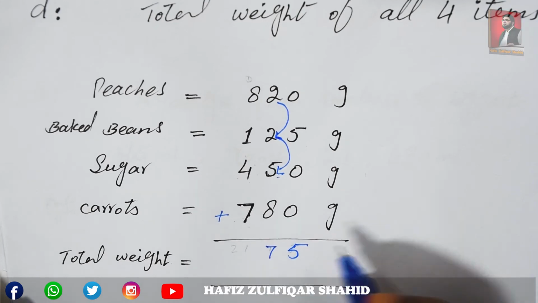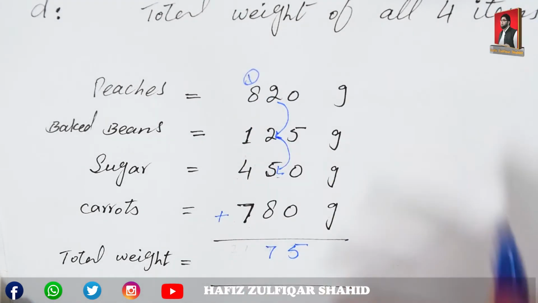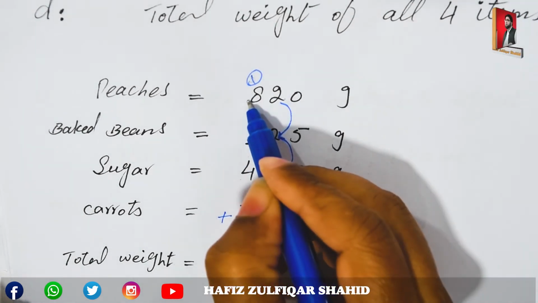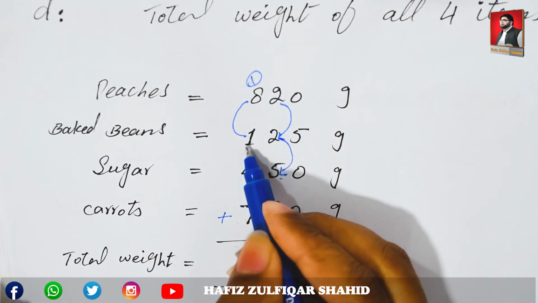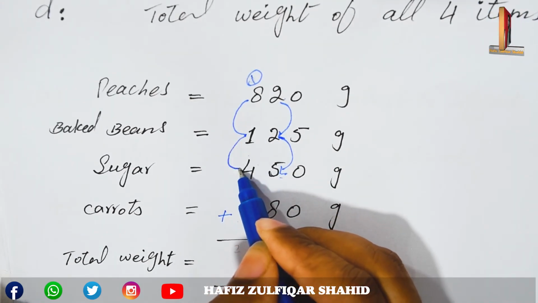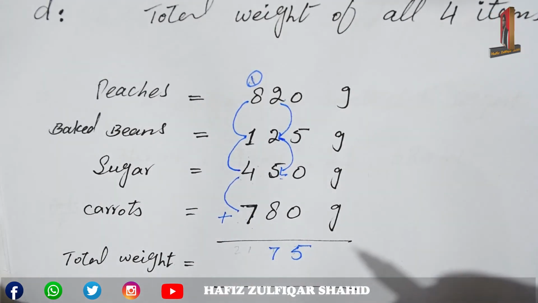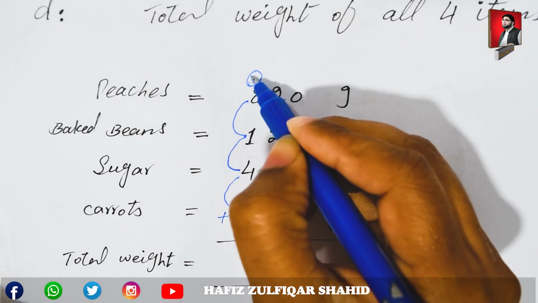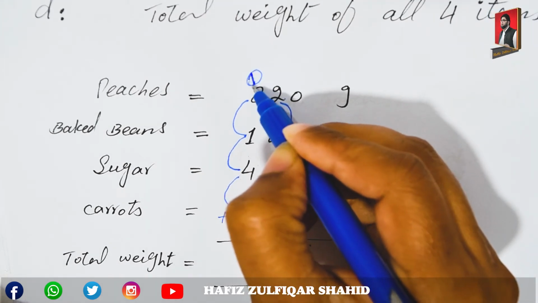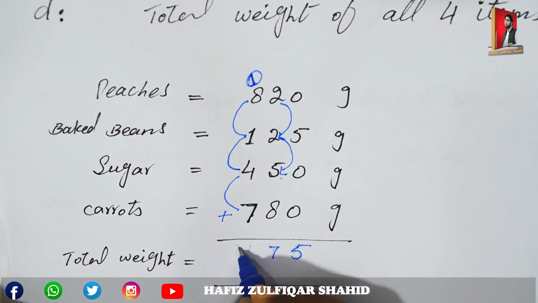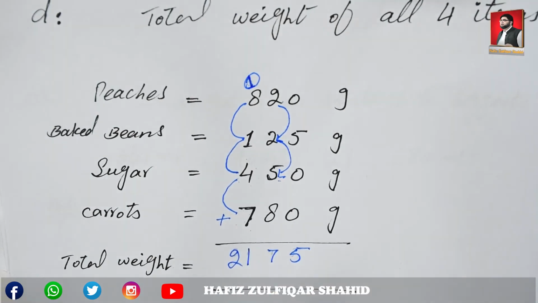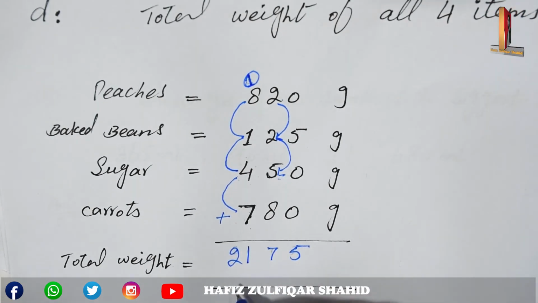Write 7 in answer. Take 1, carry to next column. Now add 8 plus 1 equal to 9. 9 plus 4 equal to 13. 13 plus 7 equal to 20. 20 plus carried 1 is 21. Answer is